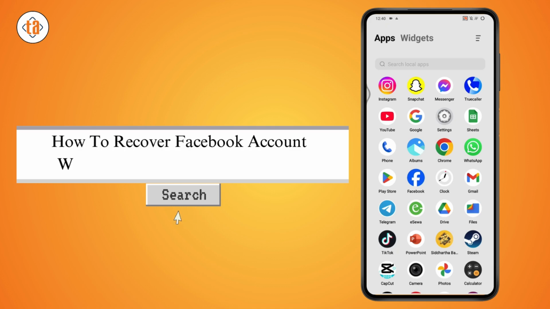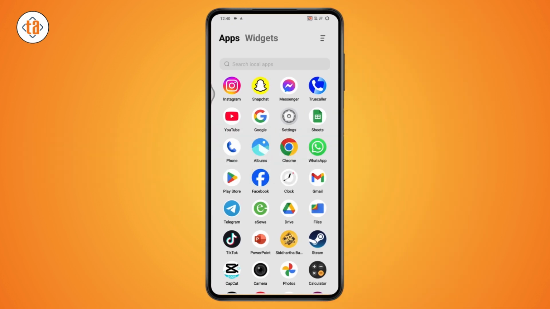How to recover Facebook account without email and phone number. So if you want to recover your Facebook account without the email and phone number, then what you need to do is